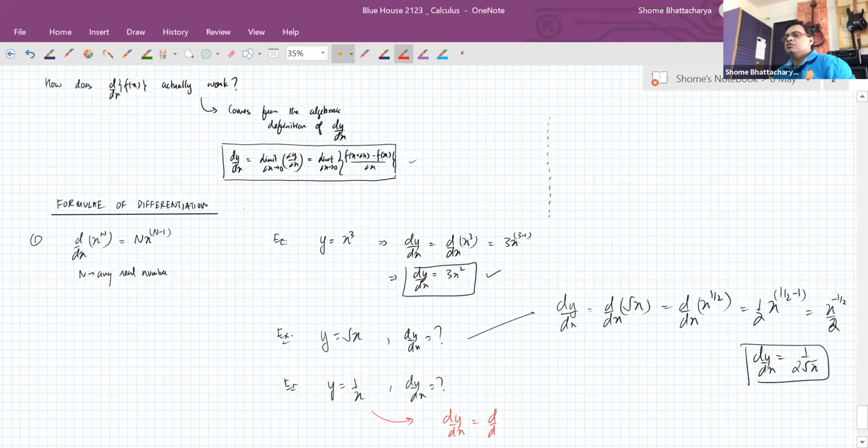Okay. Similarly, for this one, this is differentiation of 1 by x. So when we express this as a power of x, it's x to the power minus 1. So it will become n x to the power n minus 1. So that is minus x to the power minus 2. Or we can say that this is minus 1 by x squared. So that's, for example, how we can use this direct formula to calculate the differentiation of any power of x,